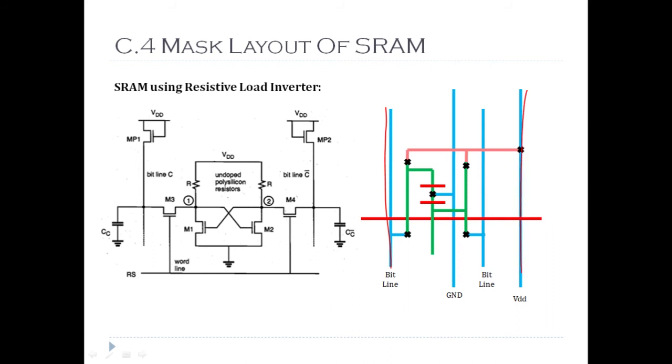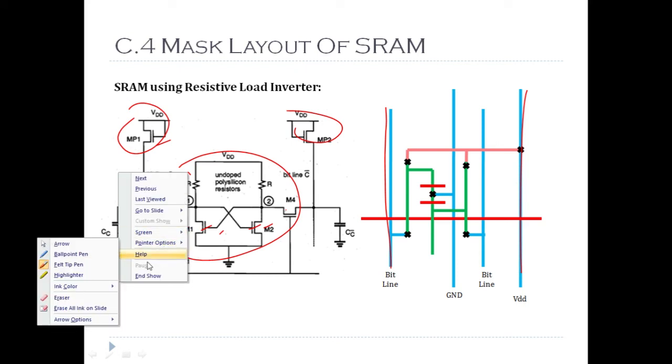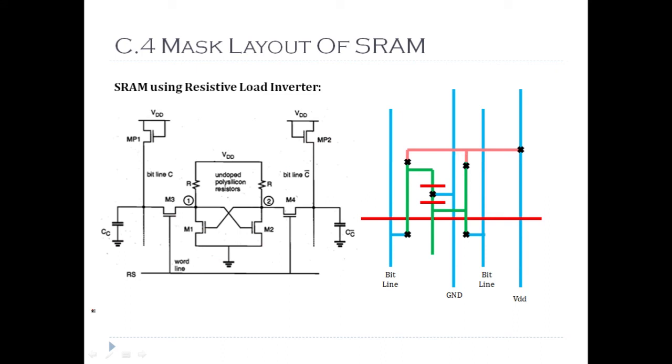Now there are 1, 2, 3, 4 transistors. As of now we are not considering the pull-up transistor, we are just drawing for one cell. So we have to draw 4 transistors. So we'll draw one polysilicon layer. In the polysilicon layer we will draw one diffusion layer. So this diffusion layer is nothing but, when it crosses this polysilicon, it forms a transistor which is nothing but